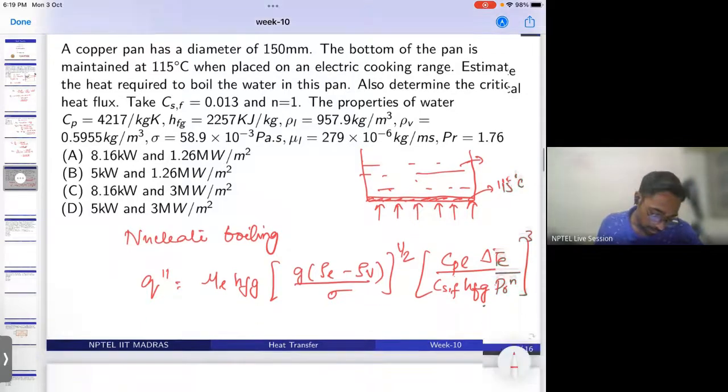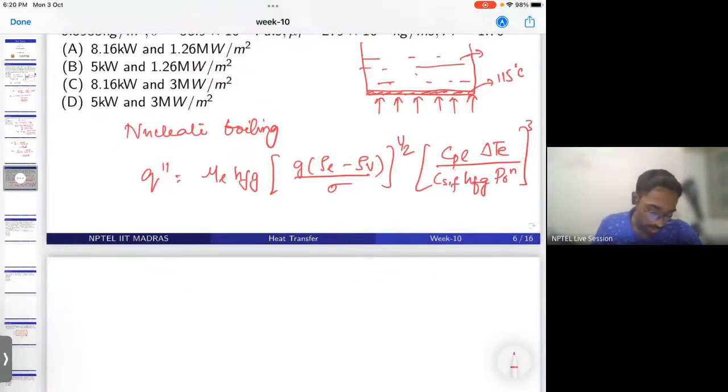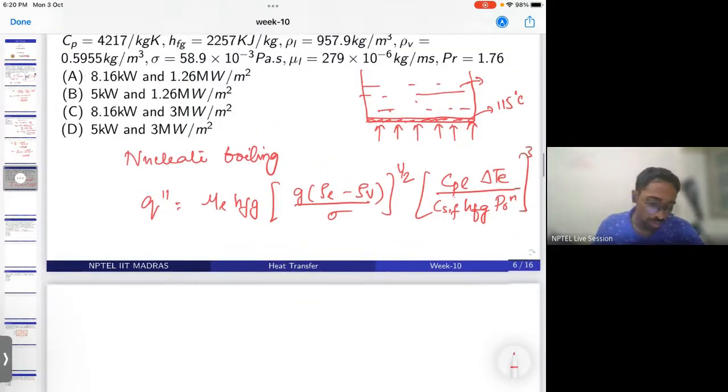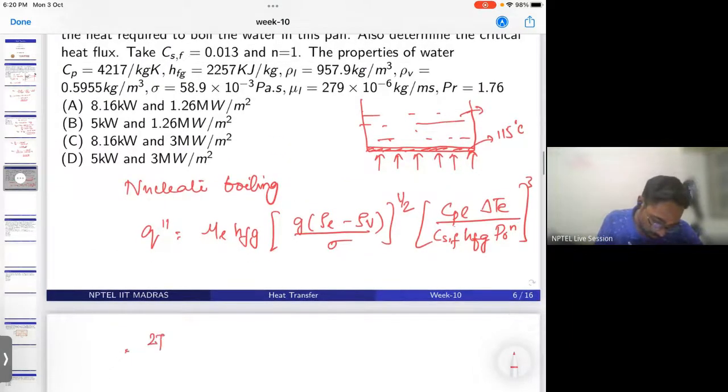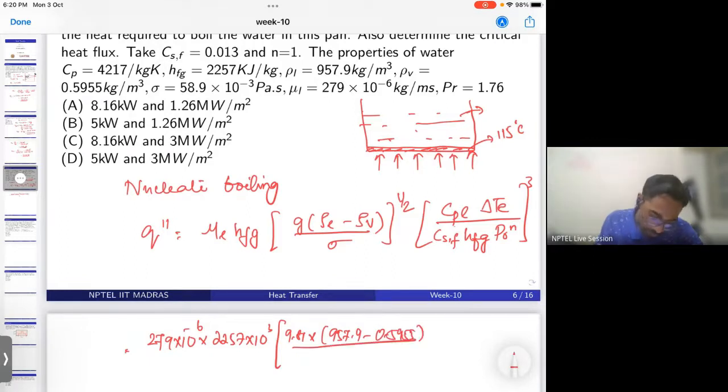Yeah. So next, this is the first part of the question. You just need to substitute the values. All the properties are given: we just need to substitute 10 raised to minus 6, HFG is given as 2257 into 10 raised to 3, gravity is 9.81, rho L is 957.9 minus rho V, 0.5955, divided by sigma, that is surface tension, 58.9